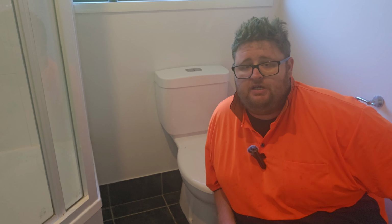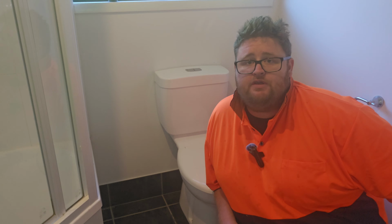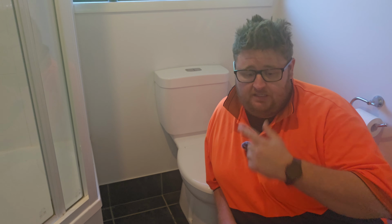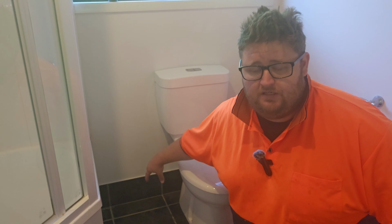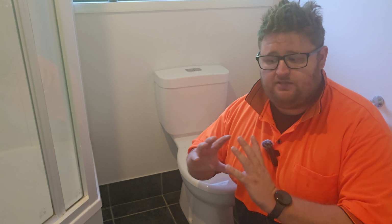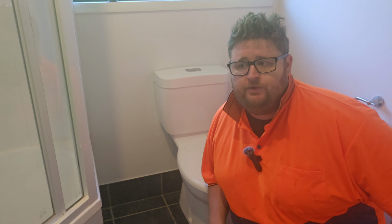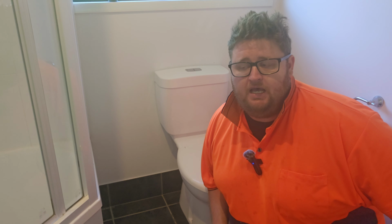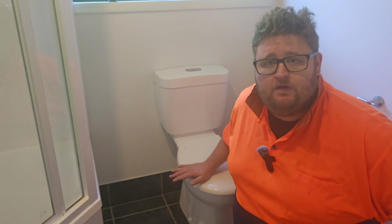Today I'm going to show you how to unblock a toilet. Now the most important thing to remember about toilets is the sewer system that connects to the bottom of the toilet down here. This is actually connected to the rest of the house as well. So what we want to try and do is achieve a pressure from the toilet onto the blockage. So by flushing the toilet,